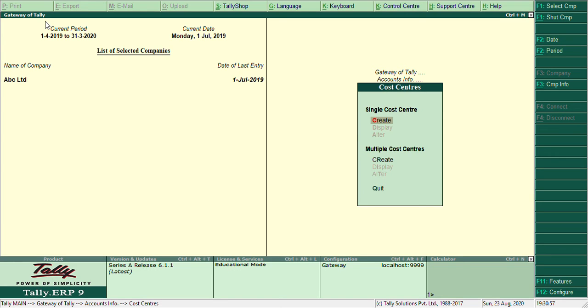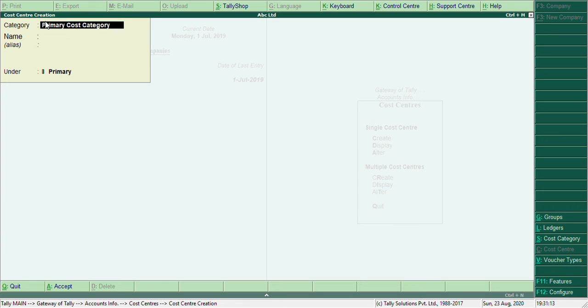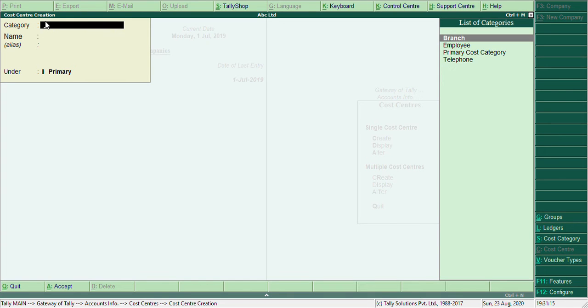Now there are some cost centers. For example, cost centers like Kolkata, Delhi, Mumbai and Chennai will be under the cost category of branch. So create. Now I wanted cost category of branch.